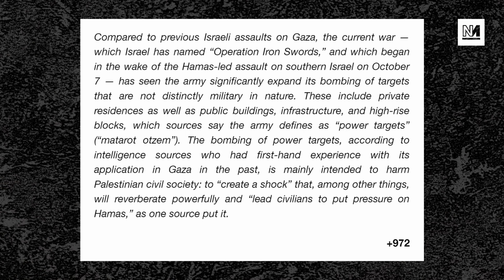Compared to previous Israeli assaults on Gaza, the current war, which Israel has named Operation Iron Swords and which began in the wake of the attacks on October 7th, has seen the army significantly expand its bombing of targets that are not distinctly military in nature. These include private residences, as well as public buildings, infrastructure, and high rise blocks, which sources say the army defines